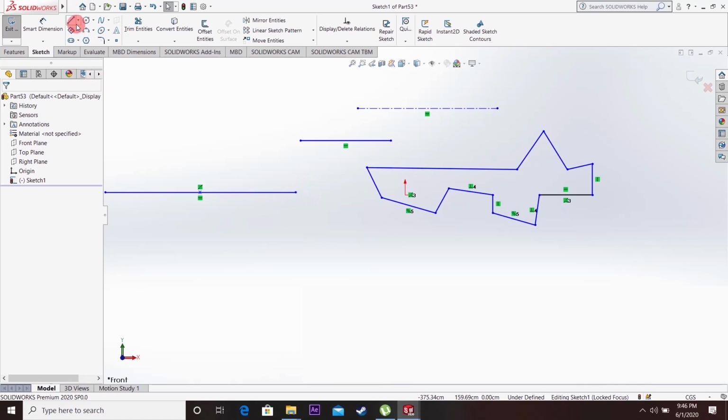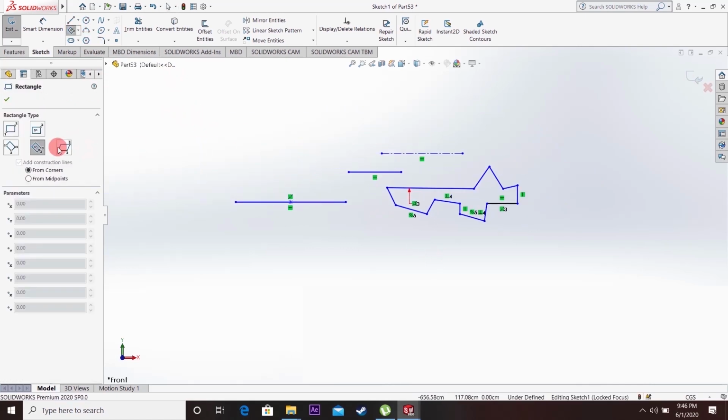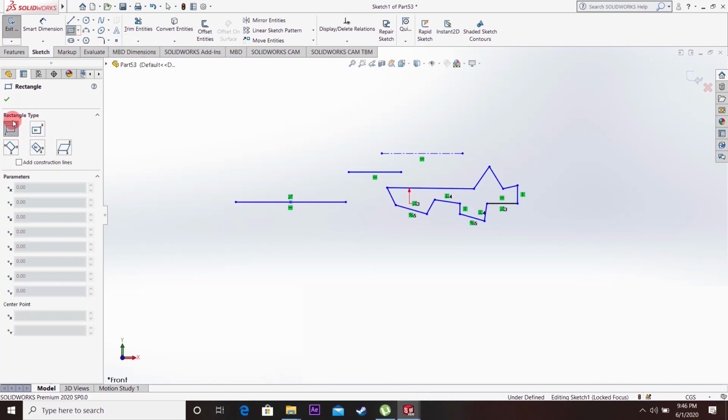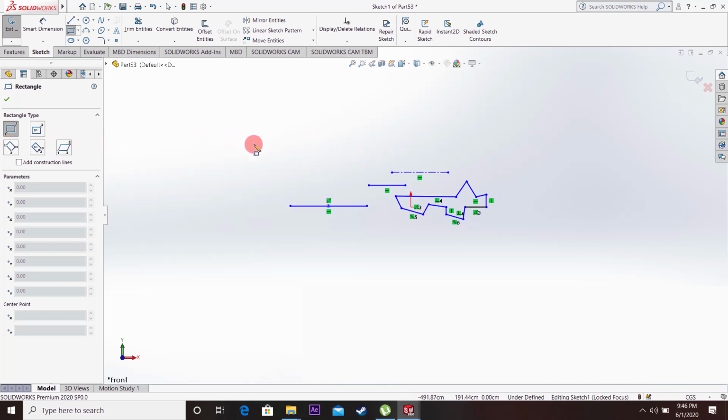Okay, then we have the rectangle. In the rectangle, we have many options like the corner rectangle, center rectangle, the perimeter rectangle, and many more. If you want to draw the corner rectangle, you need to specify the first corner.